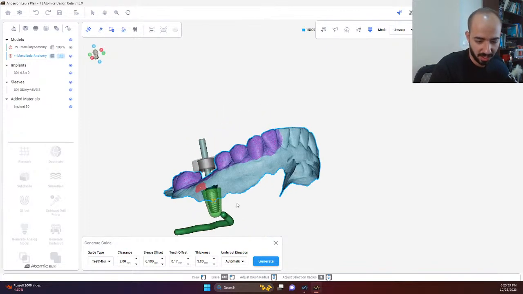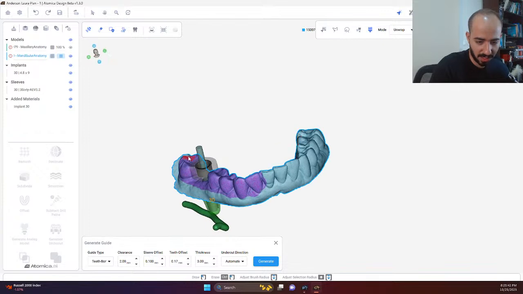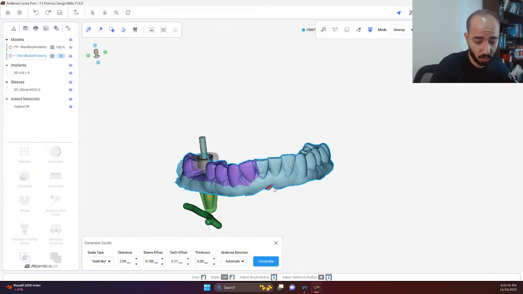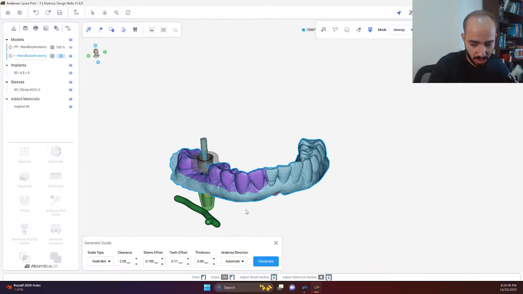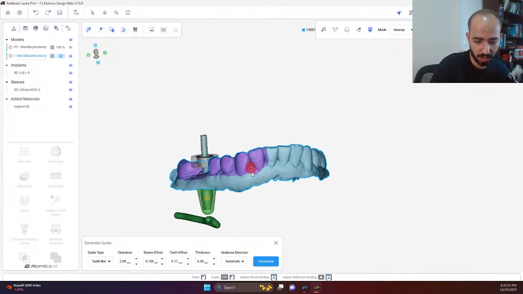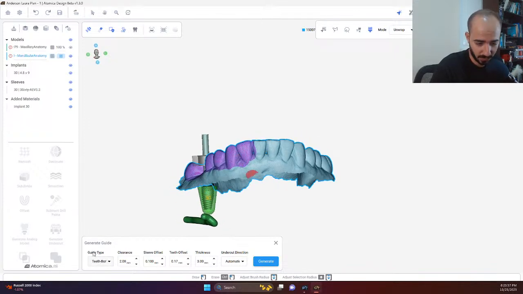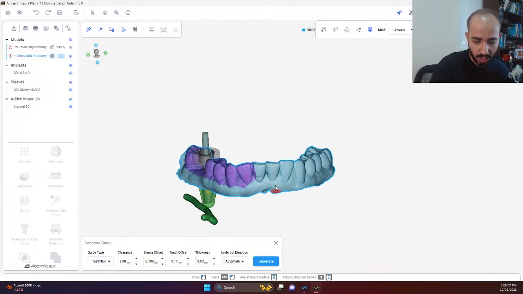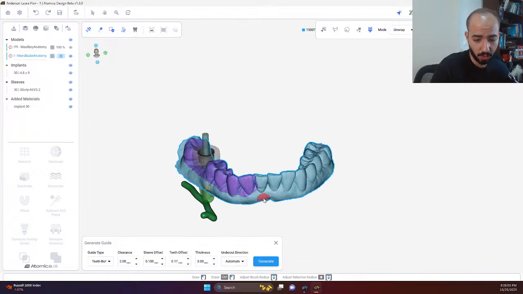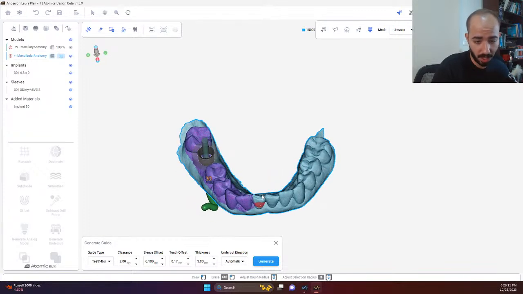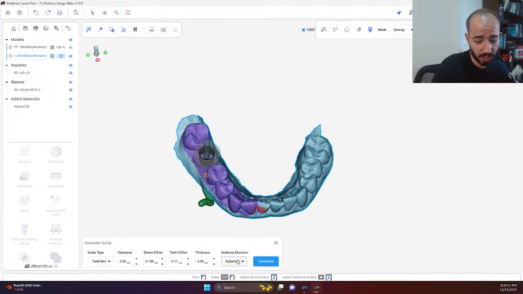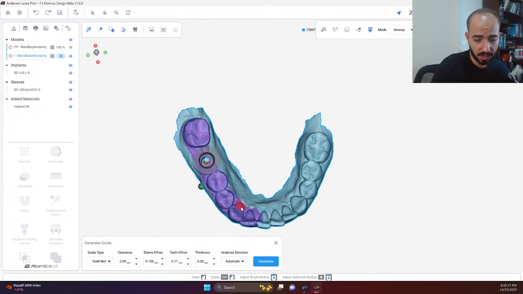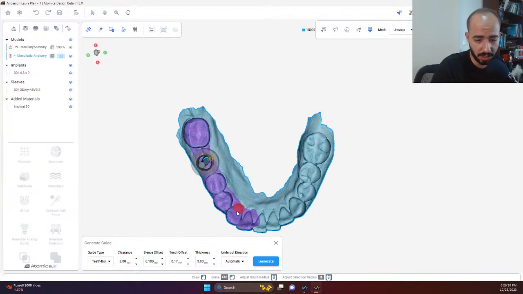Okay, great. Down here are the parameters, which are preset in a default setting. You might not want to change them depending on the 3D printer you're using. And of course the guide type, whether it's a teeth, bone, or soft tissue guide, from here. Or the undercut direction: you can use the automatic feature, in which it will detect the undercut and block it out using the power of AI to automatically do that for you. Or you can do it manually, by choosing the right perspective in which you want the undercut to be